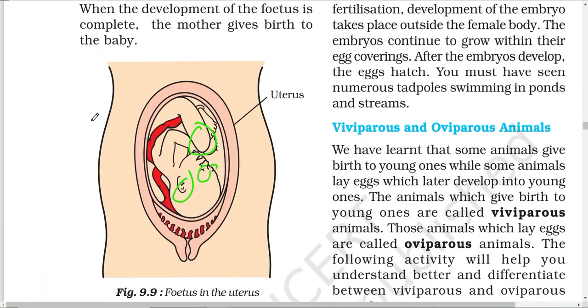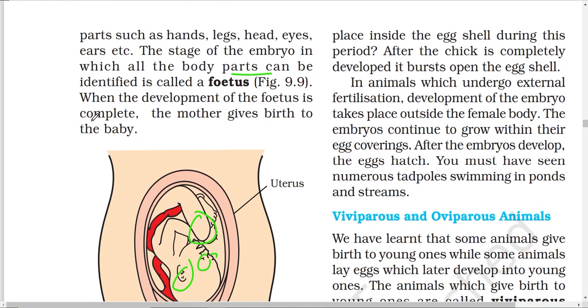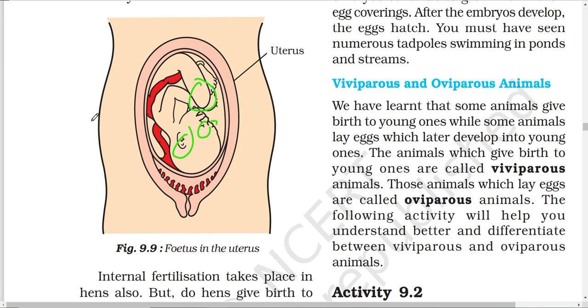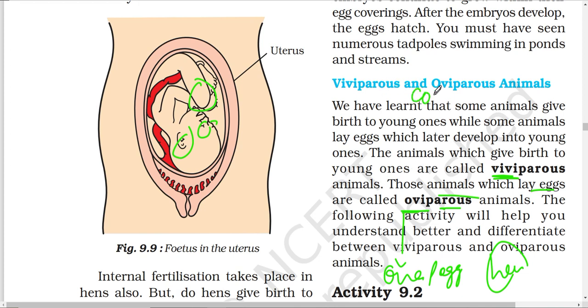Okay, now I hope it is clear to you what the hard shell is. It is a kind of protective layer. Now let us talk about viviparous and oviparous. With the name only we can see that ovi means ova, that is egg. So the animals that lay eggs, such as hen, are known as oviparous, and the animals that give birth to young ones directly are called viviparous, such as cow, human beings, and all these are examples of